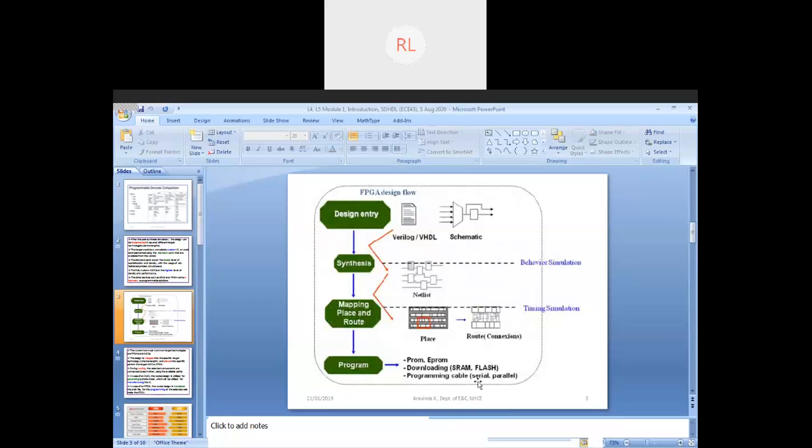Then in cables you will see two major types, which are serial and parallel. Both have their advantages and disadvantages. Serial means data is transferred bit by bit, but in parallel the data is transferred in one shot. You can probably transfer 8 bits, 16 bits, 32 bits, right? So that's the specialty of parallel programming. But as you know, the complexity also changes. That is the added complexity with parallel programming,